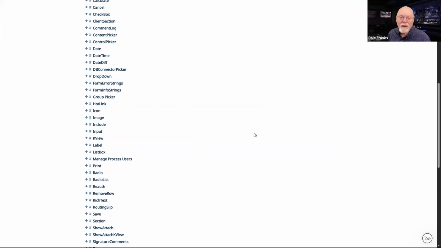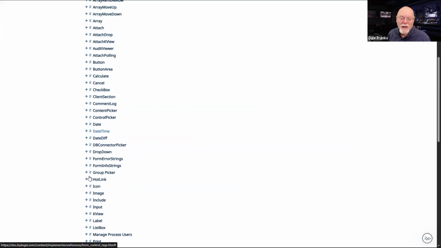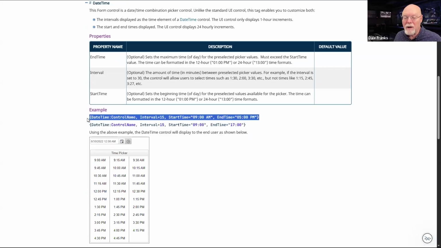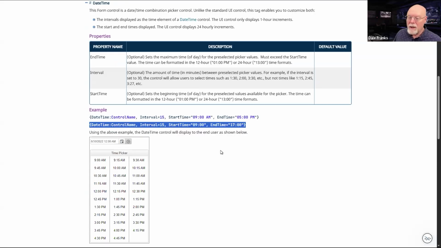And so for the example that we're using, which is our date time, there we go. There is our date time picker control. And there we go. There's my 15-minute intervals starting at 9 a.m. and ending at 5 p.m. Or if you prefer, the way that I would prefer to do it would be 0900 to 1700 hours.